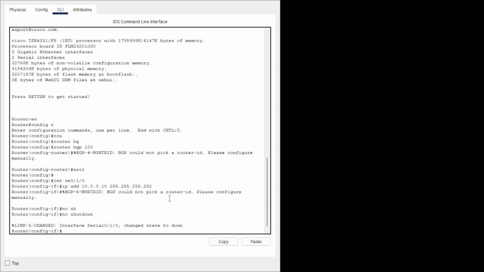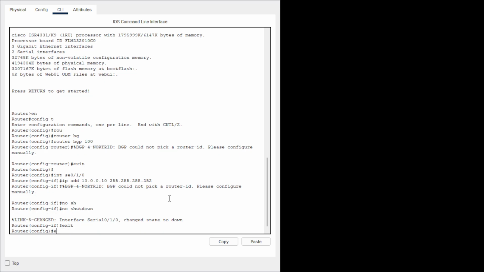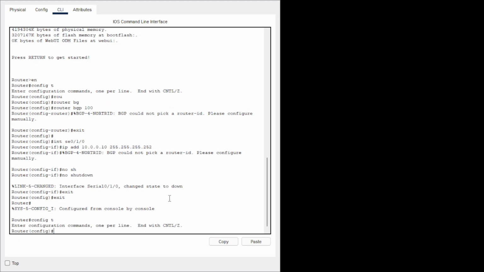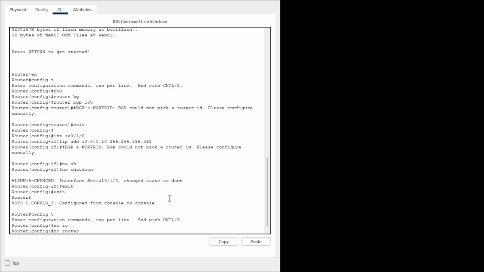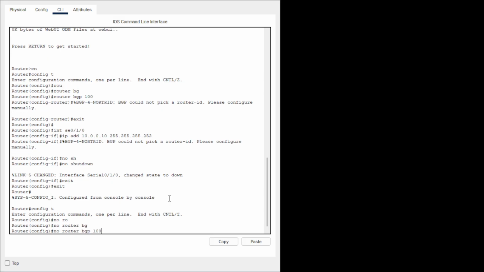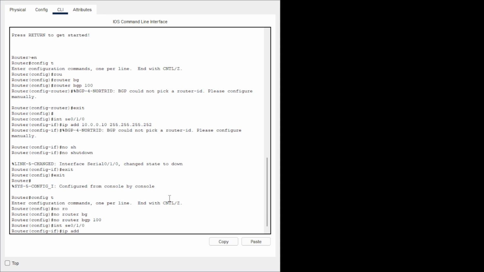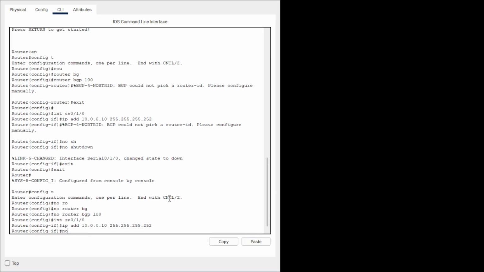No shutdown. Wait. Let me do no router BGP 100. Removing the interface. So again, interface SE 0/1/0, IP address 10.0.0.10, subnet mask 255.255.255.252, no shutdown,